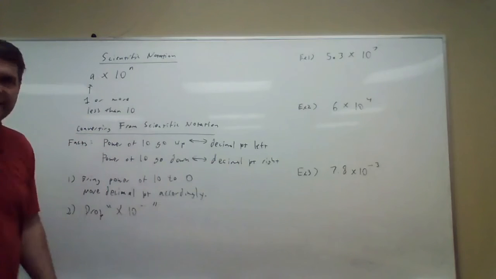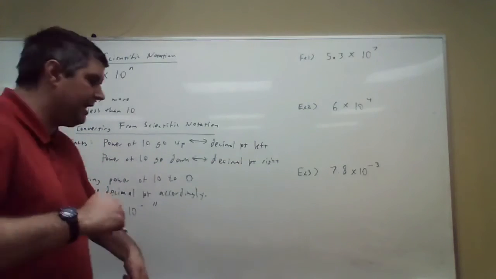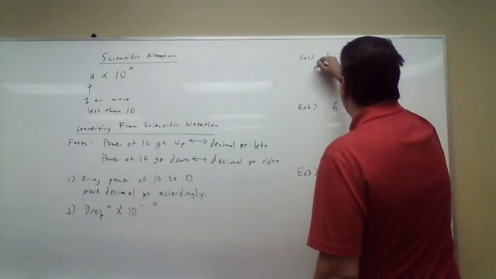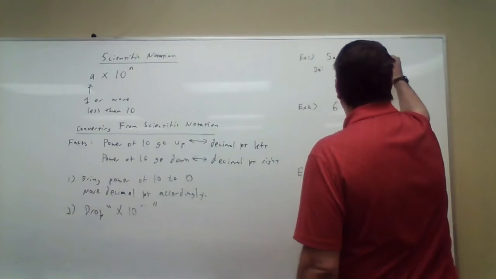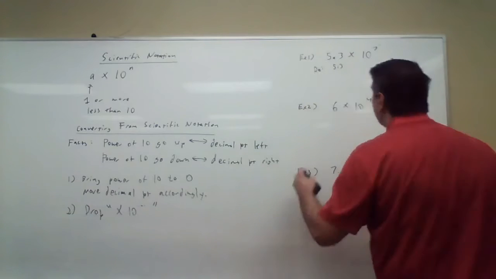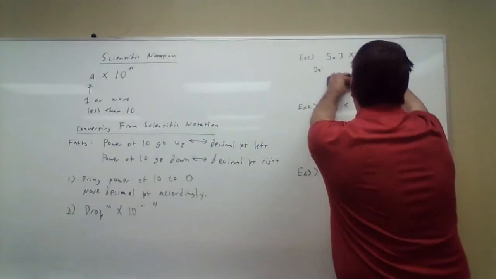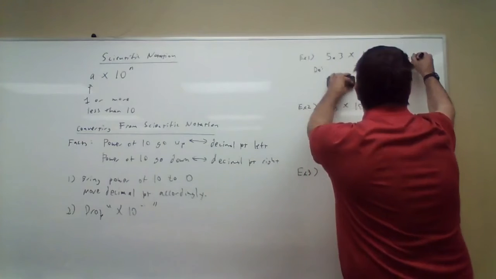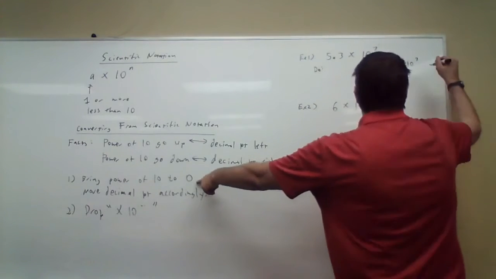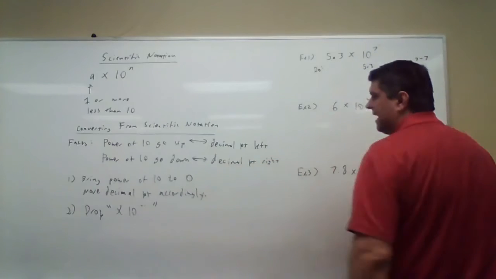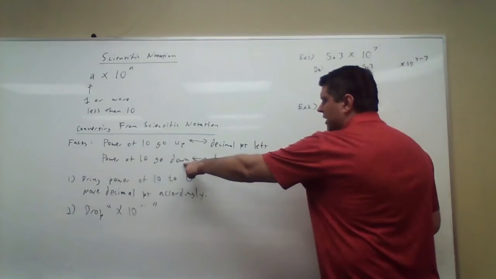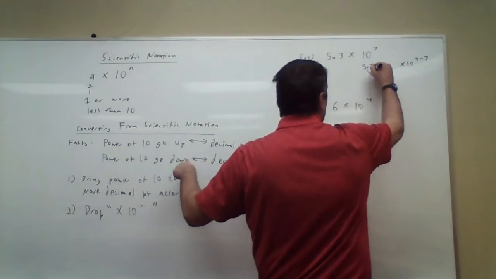Downright scientific. Okay? So if I have 5.3 times 10 to the 7th, since the decimal point can go either way, what I propose to do is put this in the middle and put some distance on it. Now, we want the power of 10 to go down to 0. So I'll be taking 7 away. Now, if the power of 10 is going to go down 7 units, the decimal point needs to go to the right